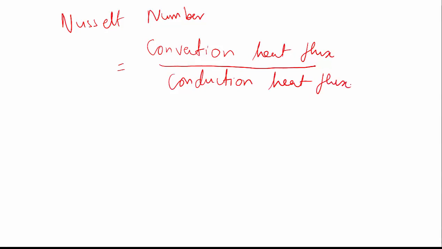Okay, then here, the Prandtl number. The Prandtl number relates the thermal boundary layer and the momentum boundary layer. Like the Nusselt number, it relates convection heat transfer and conduction heat transfer. Okay, because